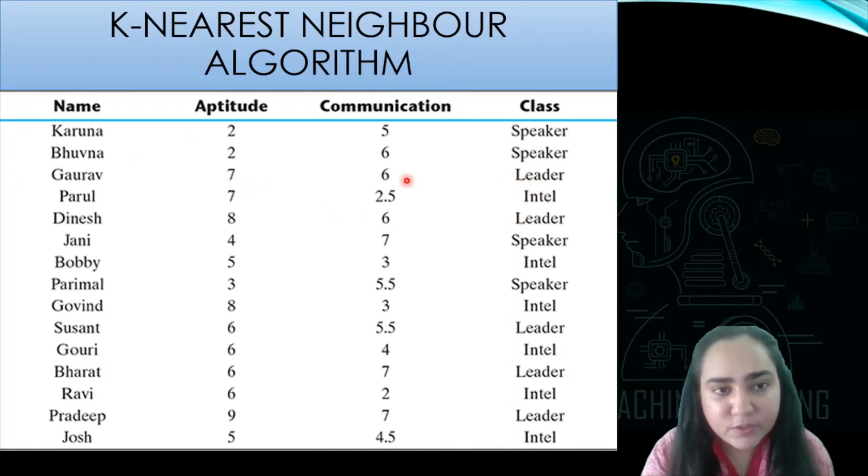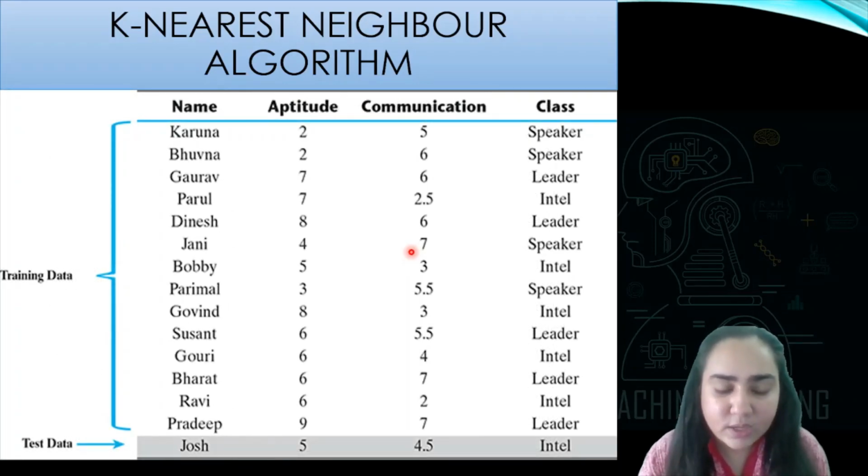You will notice from the data itself that if a person has a higher communication score than aptitude, that person is classified as a speaker. A person with a higher aptitude than communication is classified as an intel. A person with a sort of equally high aptitude and communication is classified as a leader. So this is what this data set looks like.